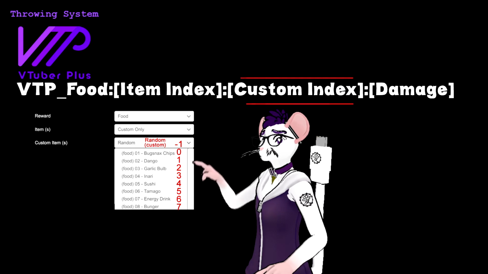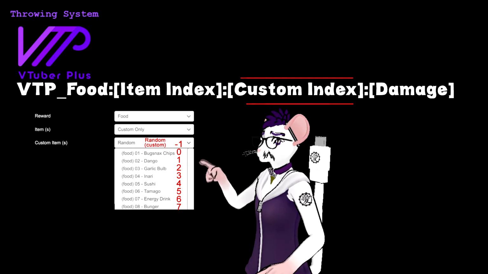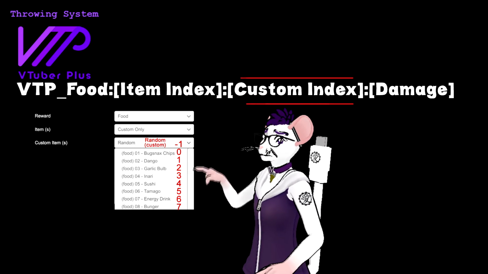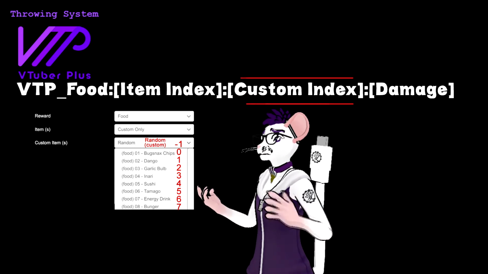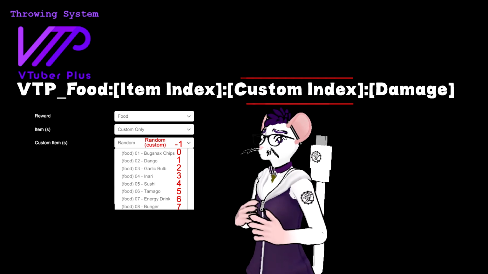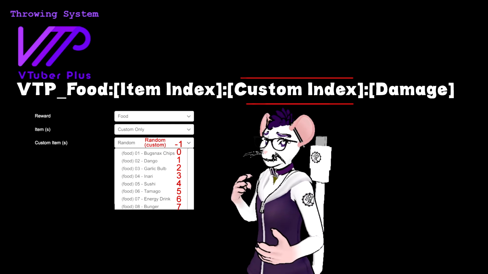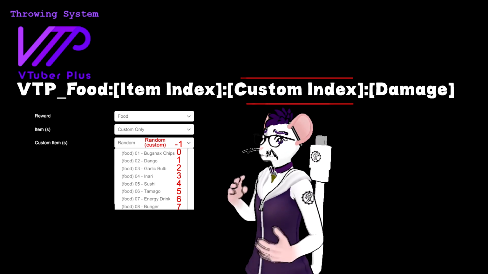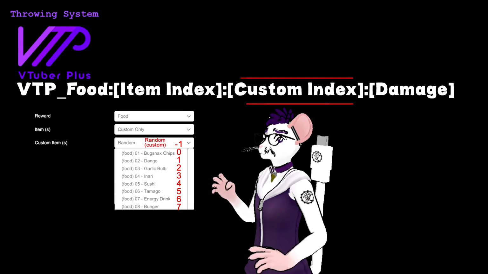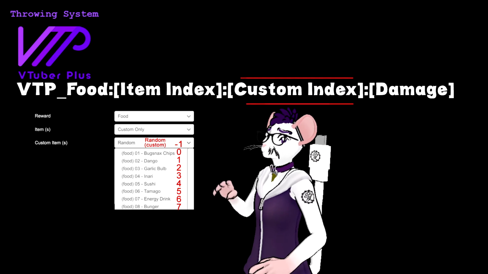And of course, you have your list of custom items, but it's important to know how this list populates. How does this list get filled out? Because if you add an item, is it going to bump ones down? Is it going to reorder your thing in case you wanted a redeem that only feeds you a giant bag of chips? Or if you add an item, did it suddenly feed you a different redeem that was special? Well,